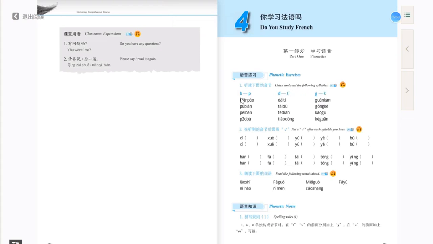And you can see there is a comparison between two similar initials, like the first one, bo and po. And now I believe you can tell the difference between bo and po, right? So po is aspirated, and bo is non-aspirated, right? So that's the difference between these two initials. And similarly, de and te, where te is aspirated, and ge and ke, where the second one, ke, is aspirated. So you can see in each group